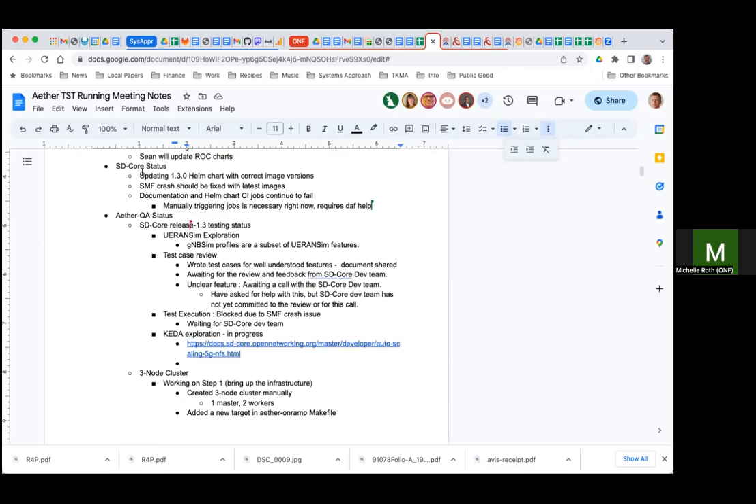Your pointer is on the SD core status. Yes. Just the third point after that. Documentation and Helm chart CI jobs continue to fail. Right? Yeah, that, and then